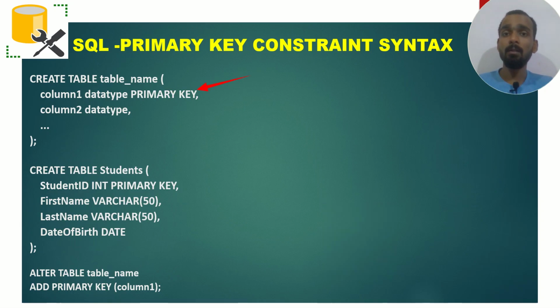You know that you can provide a primary key. Let's say you are creating a student table, and you are providing the student ID as a primary key, so you can put PRIMARY KEY after putting the data type. I hope you are aware of the data types. If you are not, please ping in the comment section. I will make a separate video on what kinds of data types we have. So this is the table structure, or you can say the syntax we have.